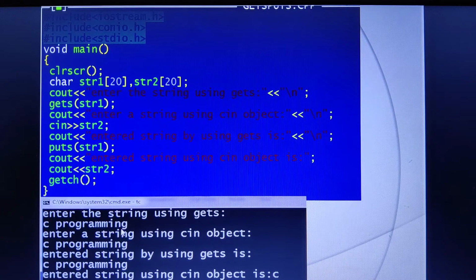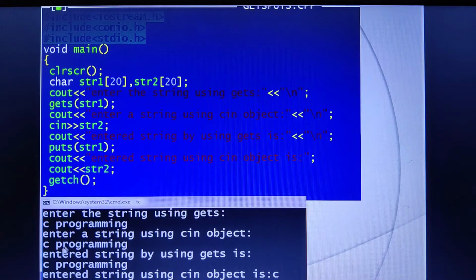Because after C programming, I will press enter. Till that it will read and store it in the memory. The second time I am trying to enter the string, but this time I am reading the contents by using the cin object, and that content I am storing in string 2.